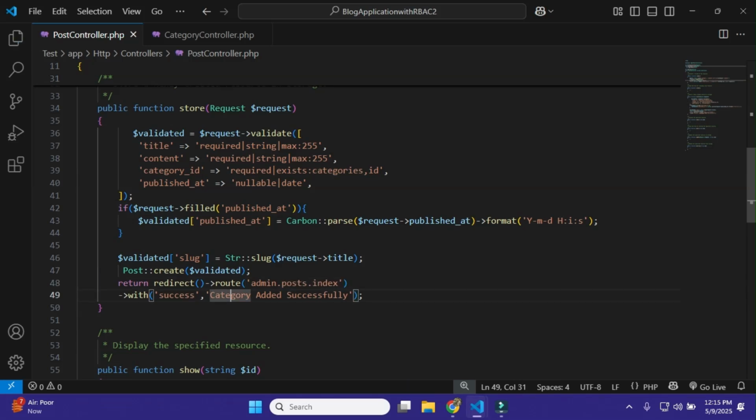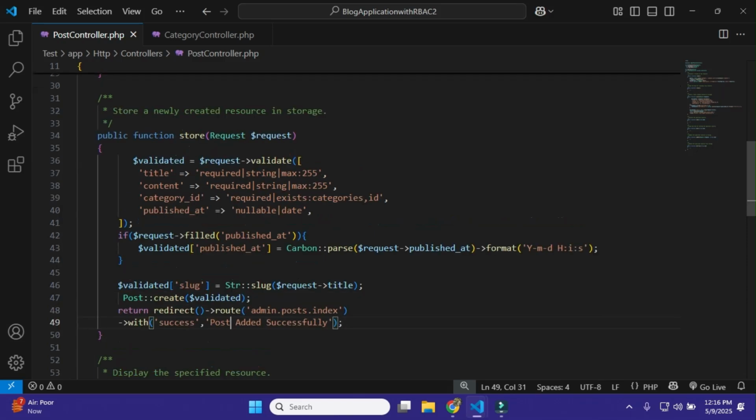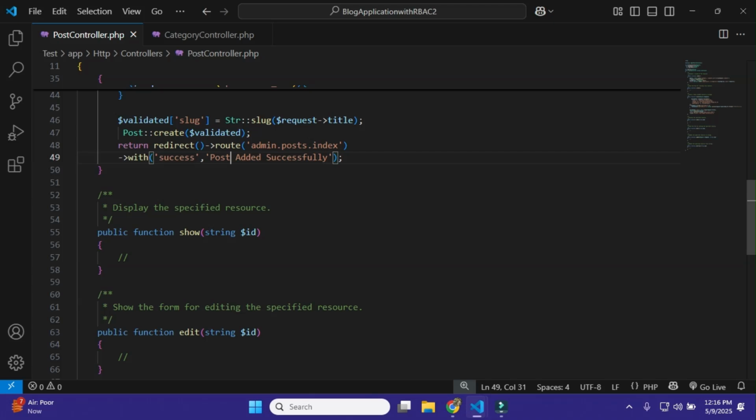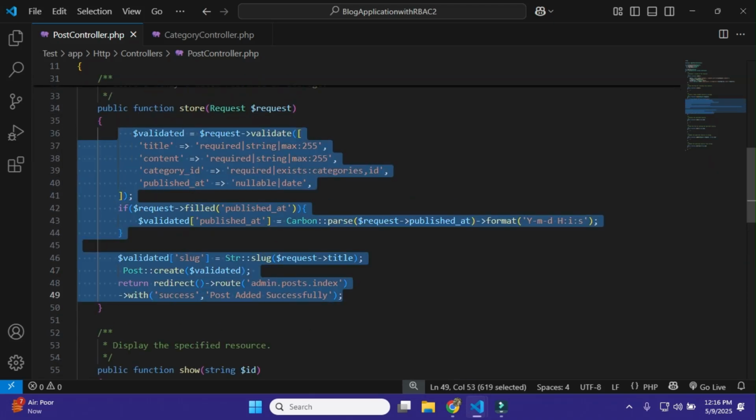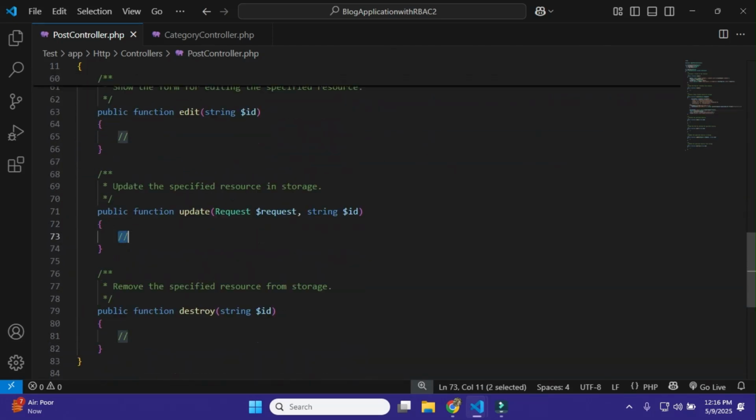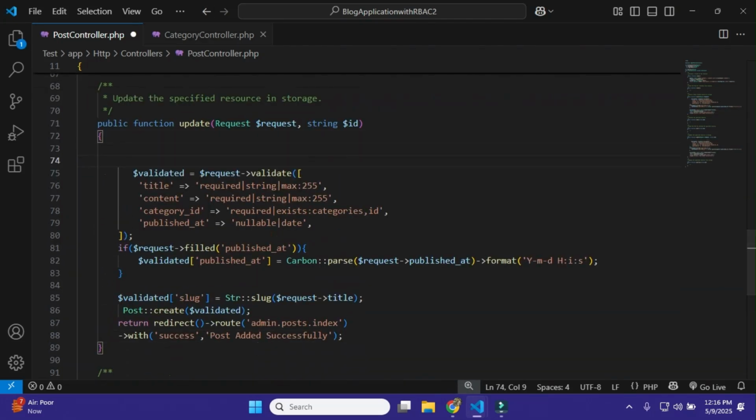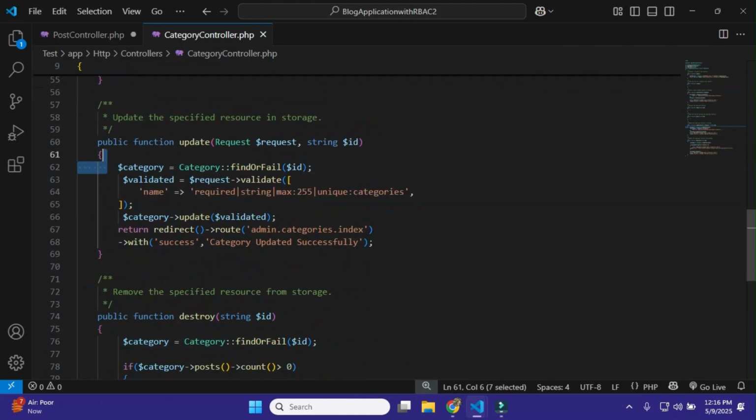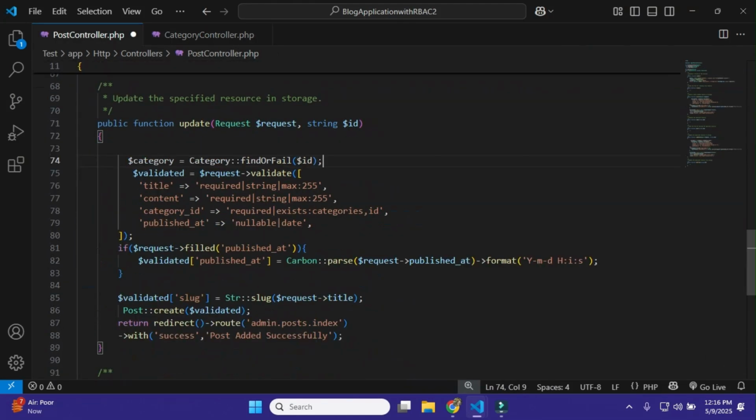And here I'll simply use "Post added successfully", and also I'll simply double check it again. All the things are set. Okay, and after it I have this update function. So in the update I'll simply copy this and paste this here, and within it I need to find the ID first, and for this I'll simply copy this, paste this here, and use here Post with it Post::findOrFail($id), and then $validated and request validate the same way, and then